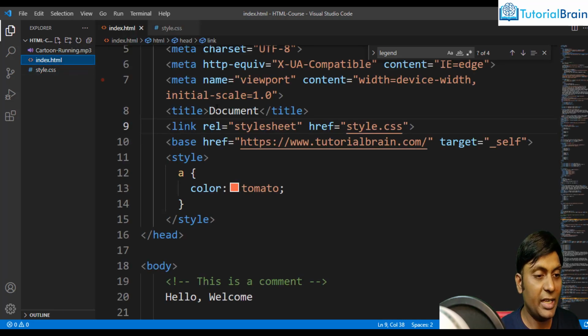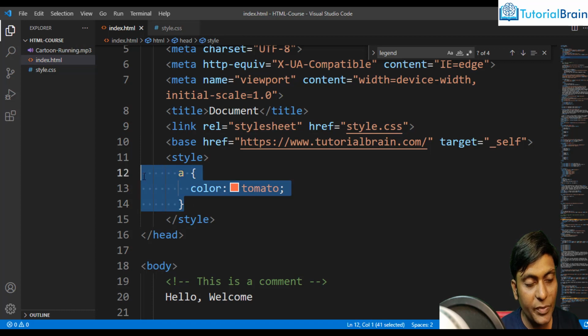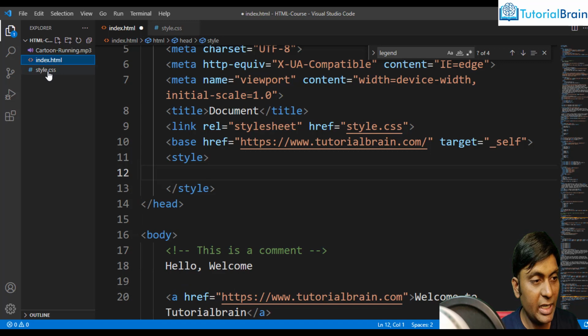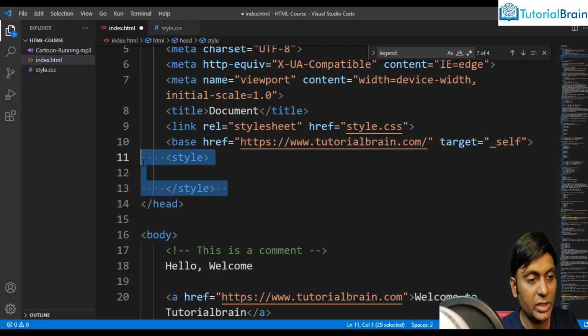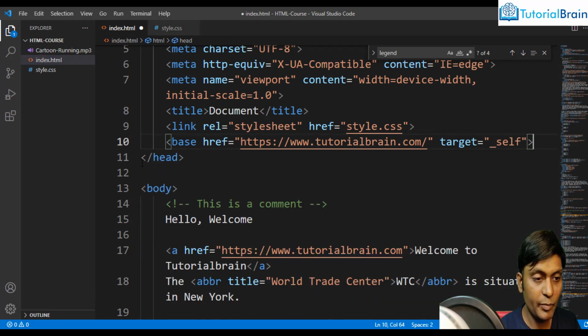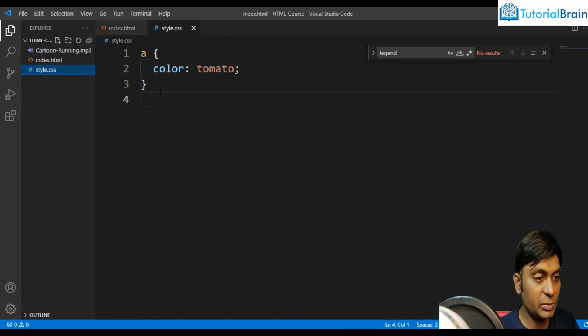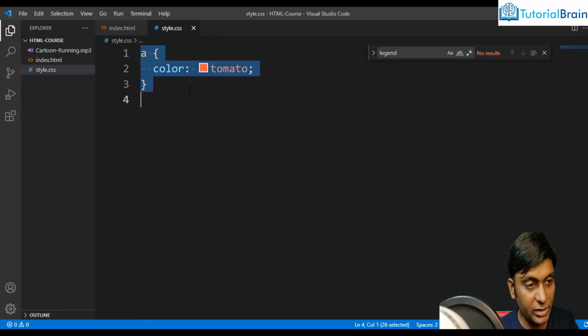Alright, and let's say that I had added this particular style, the style tag here. Now what I'm going to do is I'll just take out all the information from here and paste it here. Okay, and let me just remove this particular style sheet, it is not required. And at this moment, first let me just show you, if I just remove it from my style sheet,